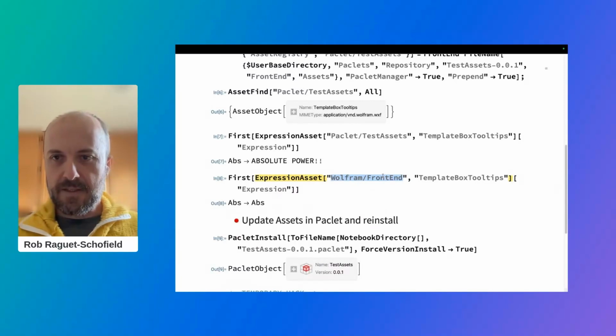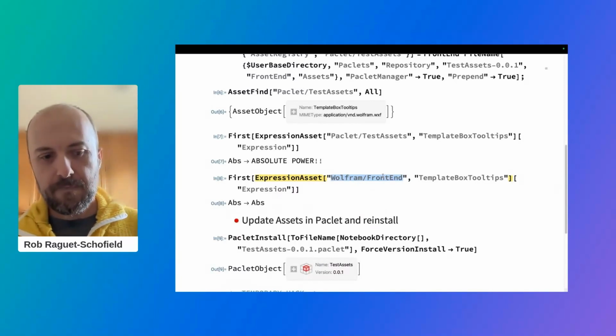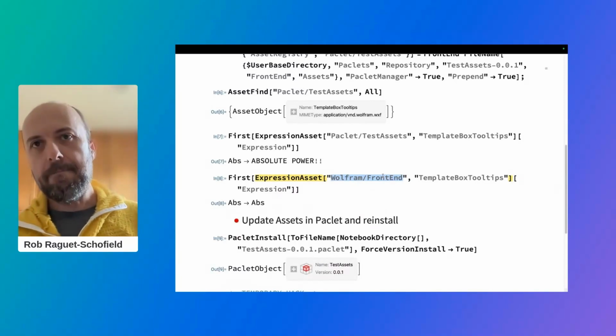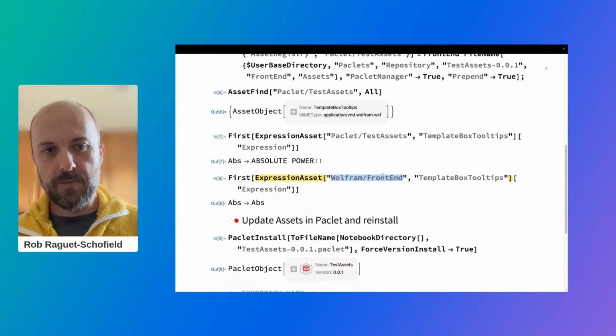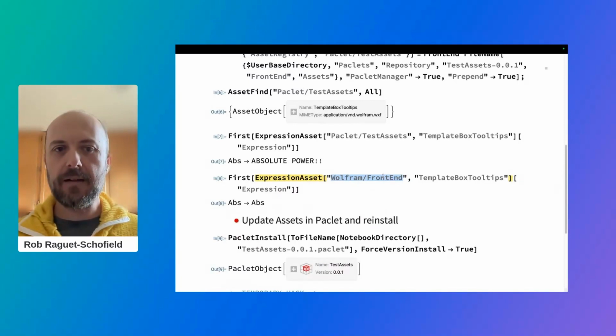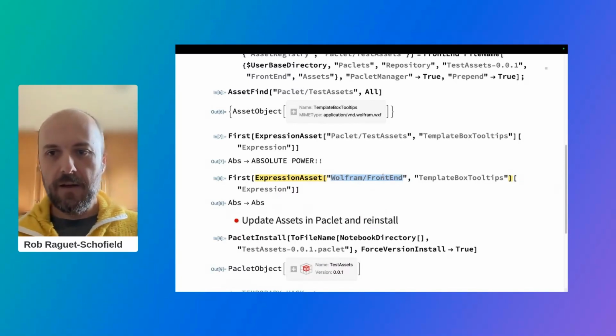I will get this presentation notebook uploaded somewhere onto the conference website so that you can come back to it later if you'd like. And then if I made a paclet with assets, which Wolfram language versions will support it. So a lot of this stuff is new in 14.2. So the assets will be usable from 14.2. If you have a paclet that is going to be used with earlier versions as well,